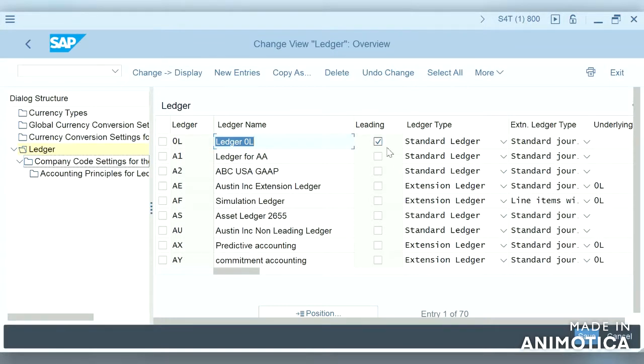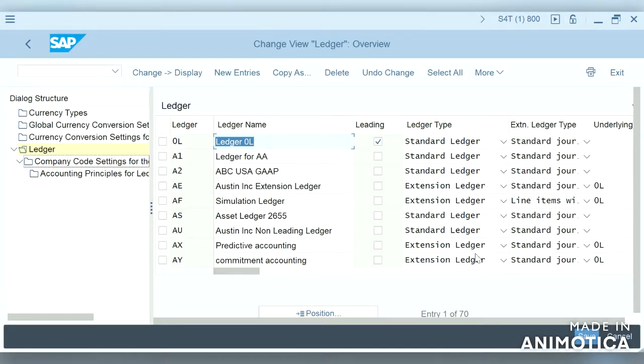In addition to these fields, we can even see whether the leading ledger is a standard ledger. Always the leading ledger should be a standard ledger, and a non-leading ledger can be a standard ledger or an extension ledger.